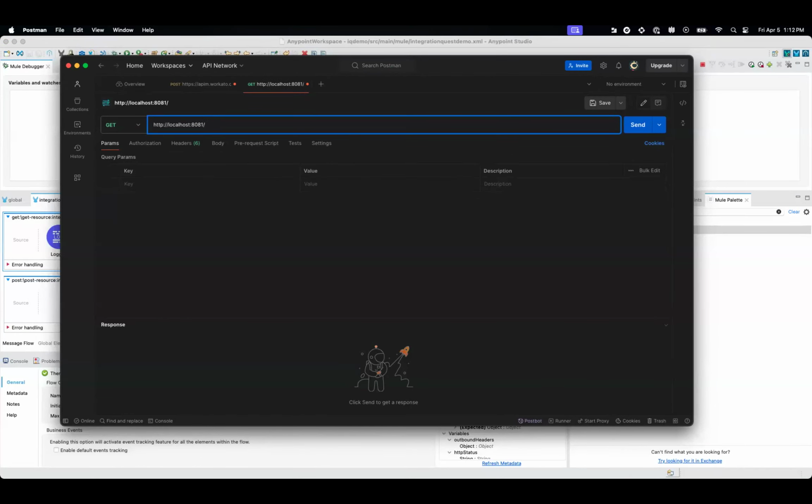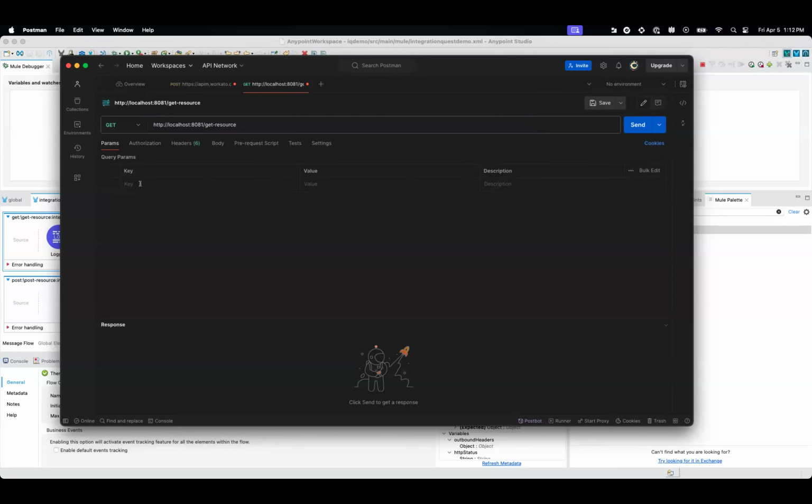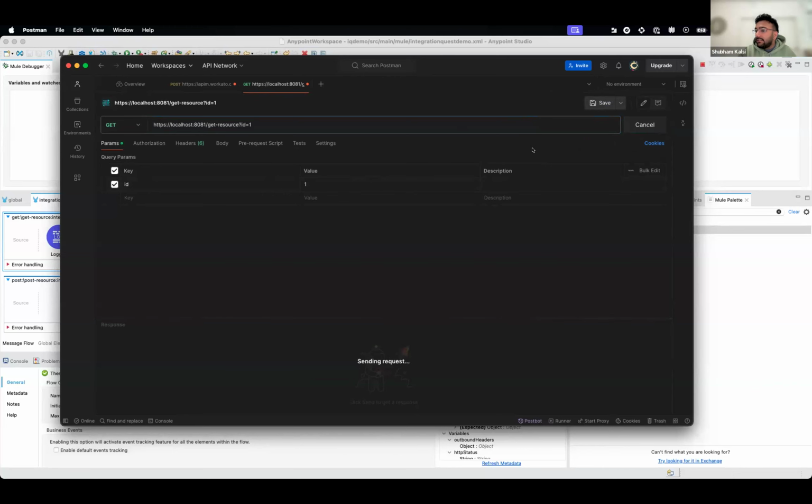I think it should be API slash because the API router already created for us. Slash resource. And was there any parameter that you also added? Yeah, ID. Okay, so I'll say ID and the value would be 1. Let's try that. And so I guess my URL is ready to be tested. HTTPS protocol. Okay. So if I click on send,